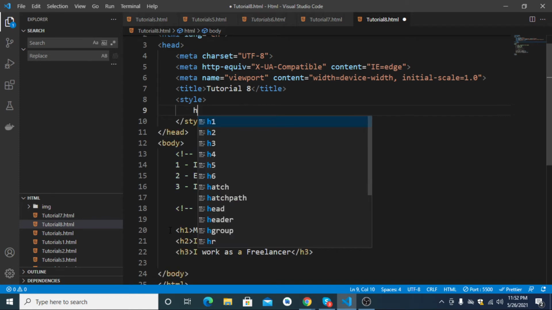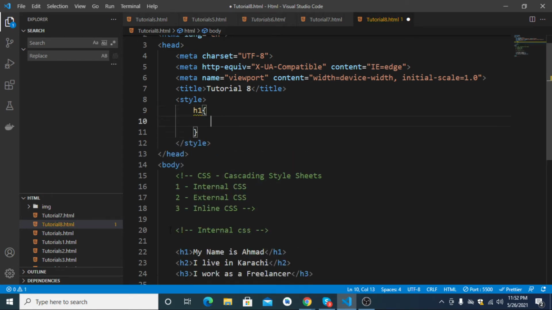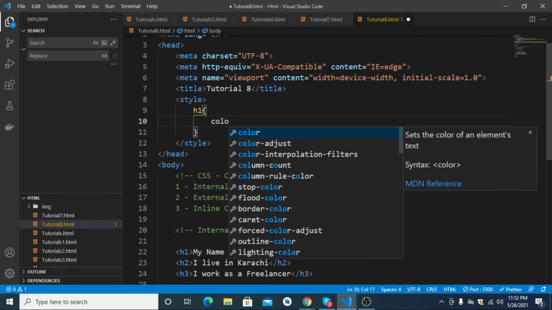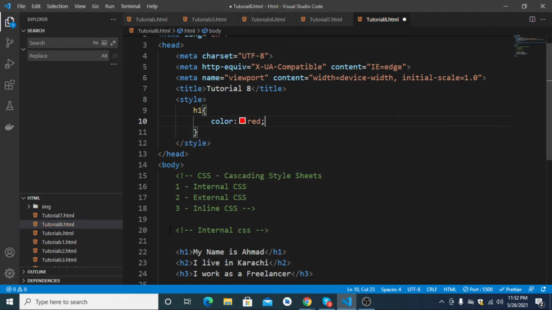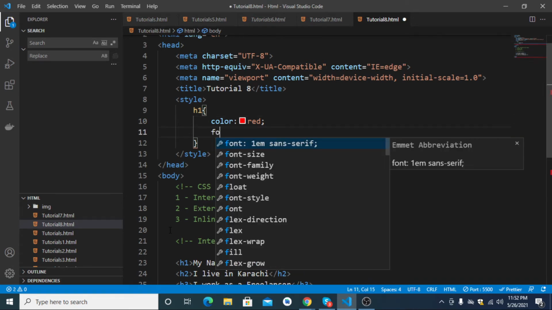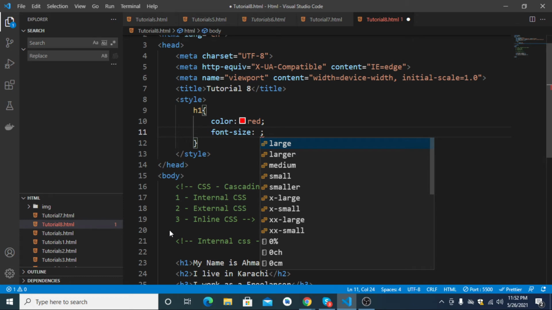So I will write the selector name or tag name. H1 is a tag name, and I am writing color red. Okay, Control S, and font size.